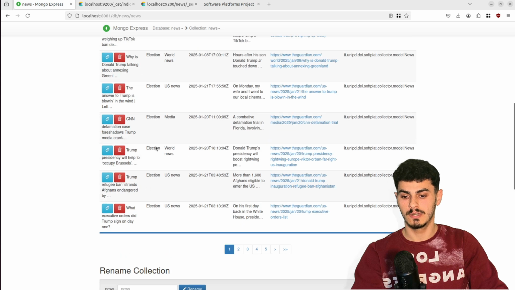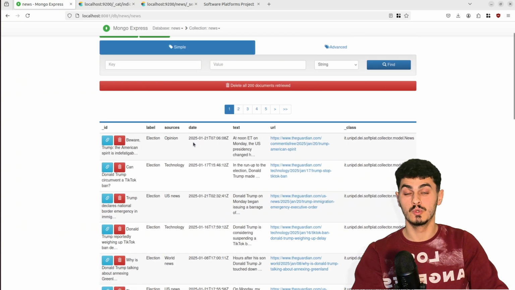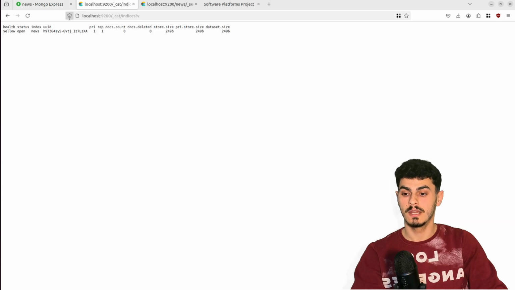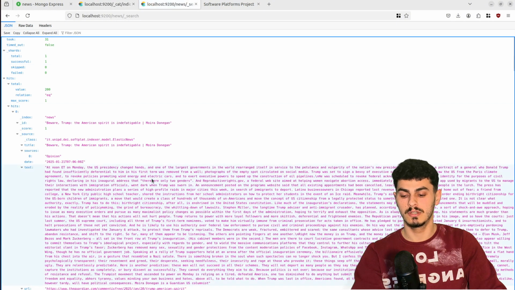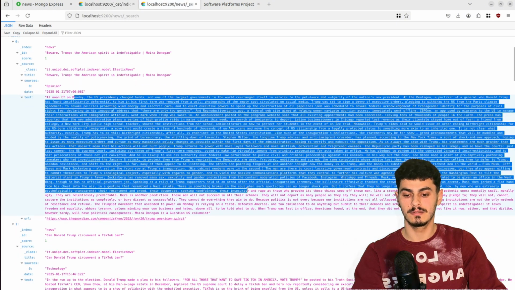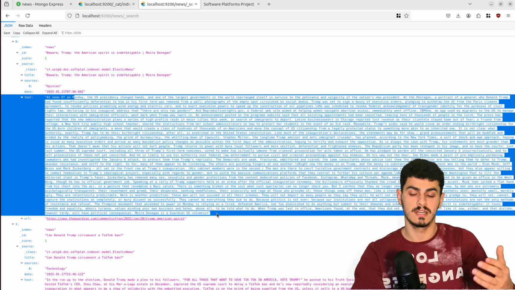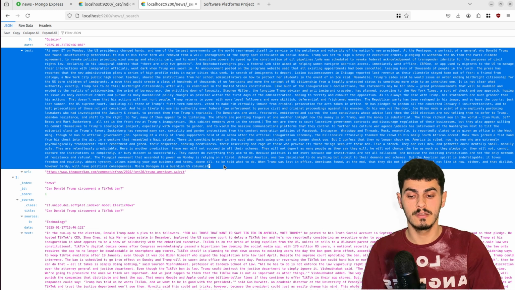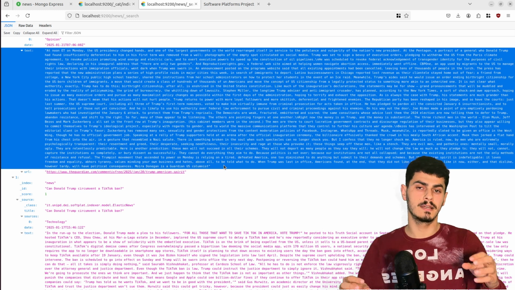This collection has all the news taken from the Guardian's newspaper, and we can see that it has 200 documents. Now, on Elasticsearch, we can see also that it changed to a 200 document count. And if we search it, we can see all the text that those news articles have inside of them. After this, the topic modeling machine learning algorithm basically is going to take all this data and provide you with